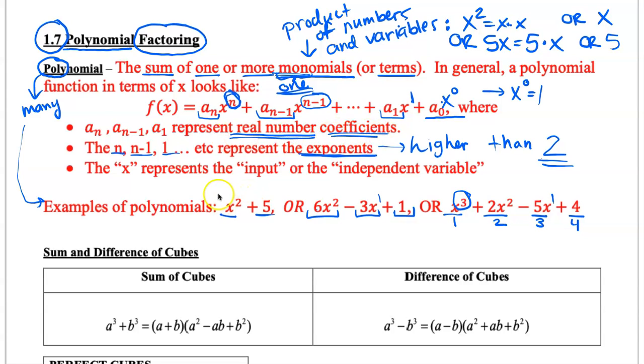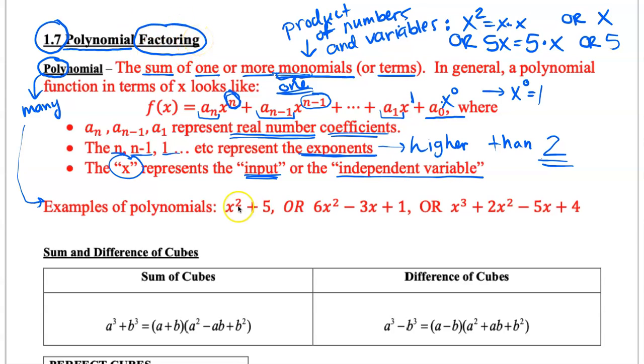So those would be representing like this number 1 right here, the 5, the 6, the negative 3, the 1. It's all the numbers in front of the variables. And then of course x represents your input, your independent variable, the place where you would plug in something to evaluate these expressions. So what we're going to look at in this video is how to factor